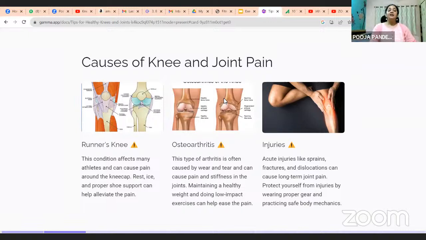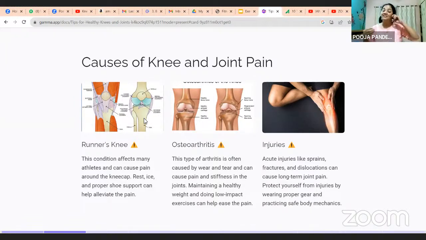Okay. The next condition, which is very common in our country, is runner's knee. Now, why it is very common is because most of the runners run on a hard surface. And that applies to the treadmill also. People who are gymming and doing a lot of running on the treadmill, it is not advised at all. I would always advise running on a soft surface. If it is not possible for you to have a soft surface, I will always suggest a brisk walk rather than running,